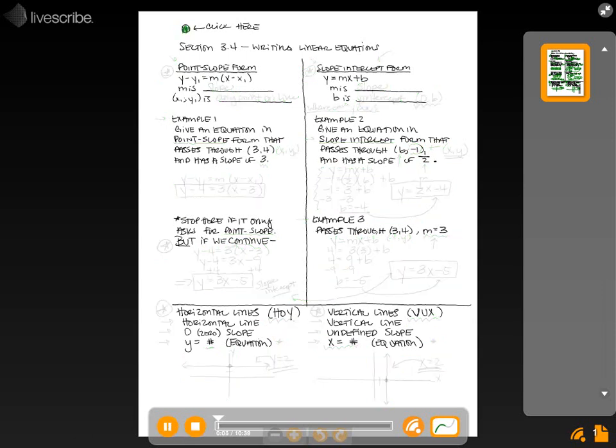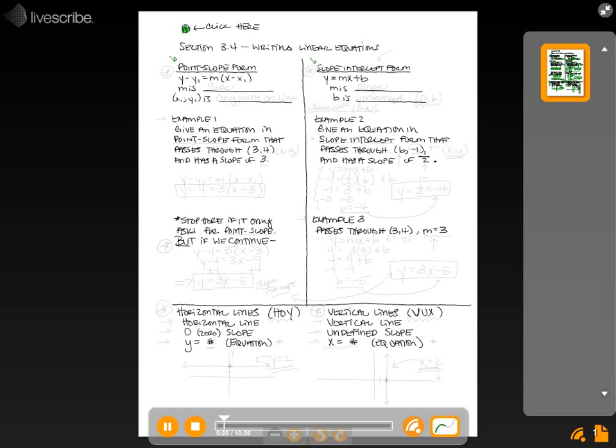Alright, this is our video on section 3.4, writing linear equations. I'm going to go ahead and get started. There are two different forms that we could write linear equations in. The first one is point-slope, and the second one is slope-intercept. You should have seen slope-intercept before, you may have seen point-slope before, but both of them are different ways to